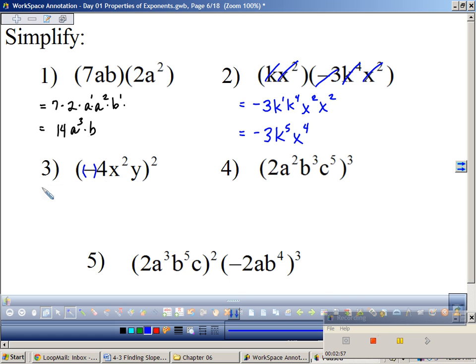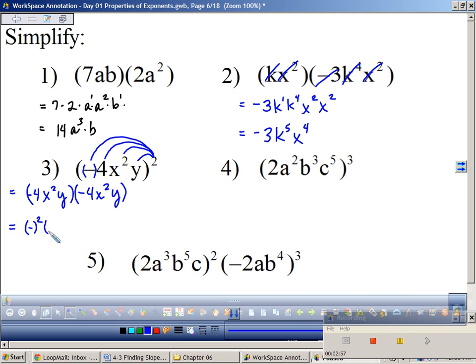So I could rewrite this as -4x squared y times -4x squared y, or I could just go straight to distributing this square to everybody inside the parentheses, which would be